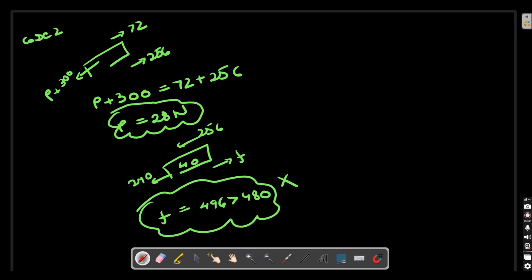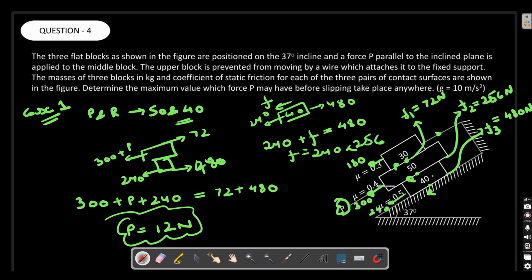So here the system will not fall. This is a very beautiful question. Try to understand what we have done. I'm going to give a basic preview of the question that we have done. We have initially found all the friction forces, mu mg cos 37, and the other forces, and then we have taken